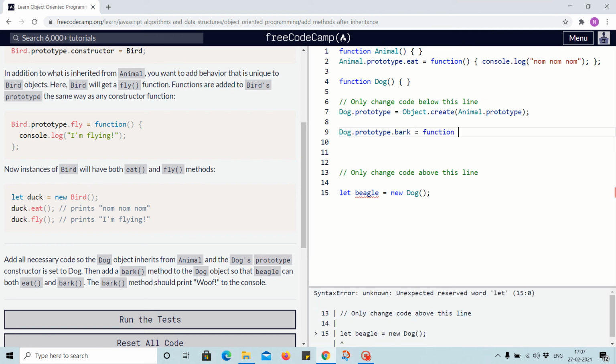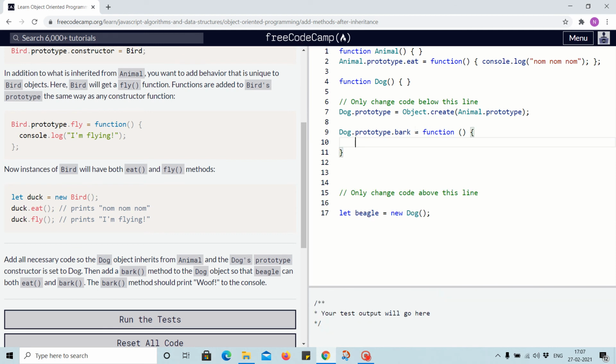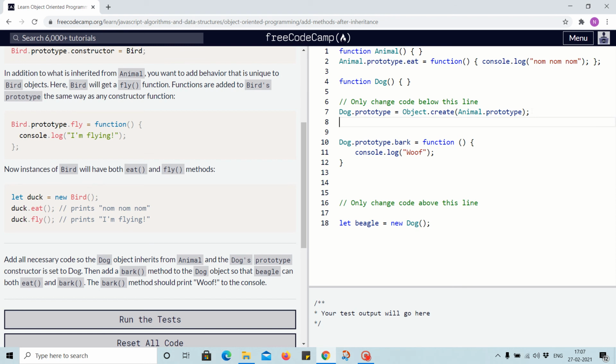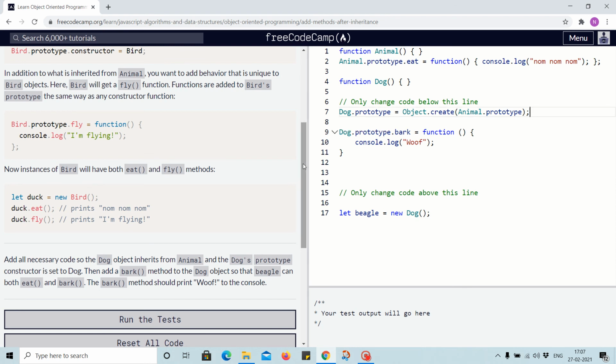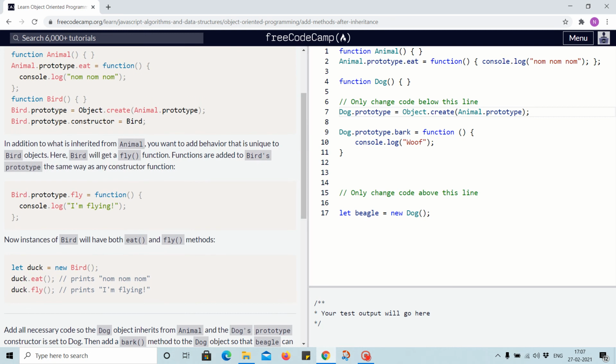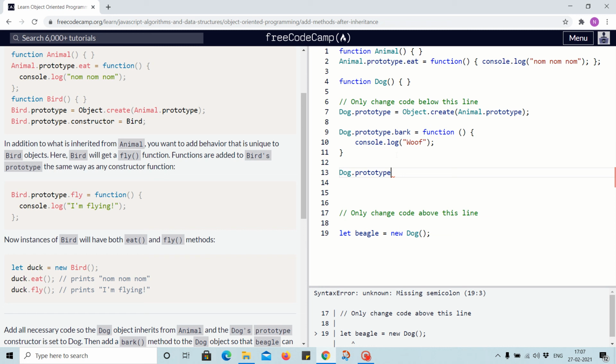Now function, and inside function console.log, and we will get woof here. And we need to also change the constructor value here. So Dog.prototype.constructor equal to Dog. Now it looks good,